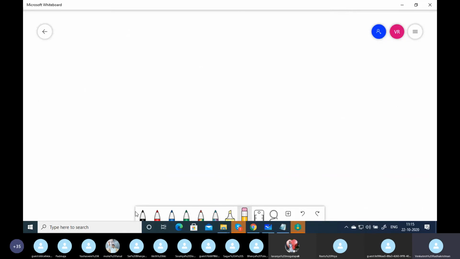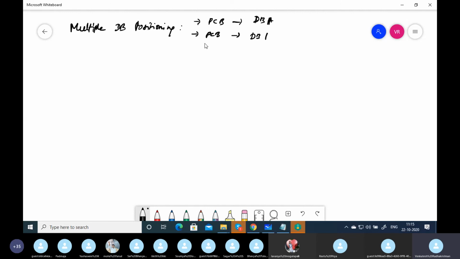So apart from this, we learned something called multiple database positioning. I told you we can have multiple cursors in a single program in an IMS DB. How is it possible? It is possible if more than one PCB is pointing to the same DB. Okay, same DB. So you are going to have two PCBs pointing to the same DB, but in the program you are going to have two different PCB masks.